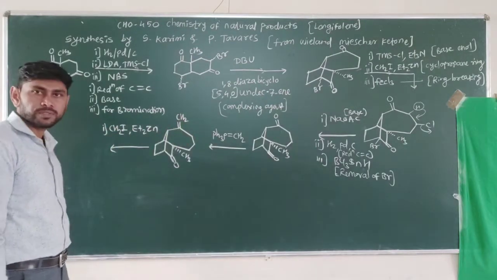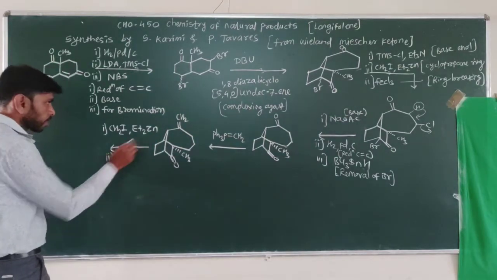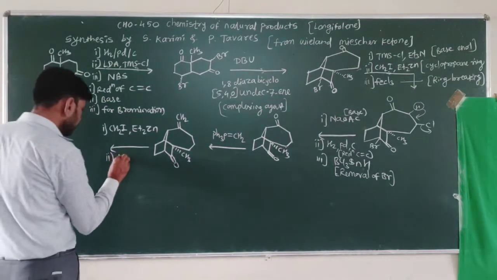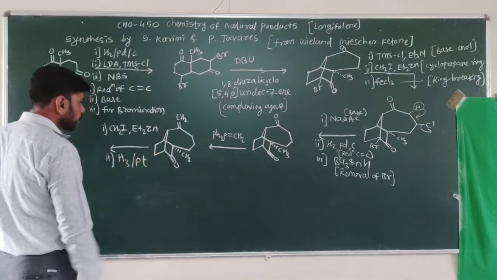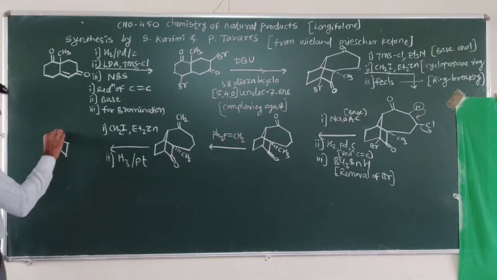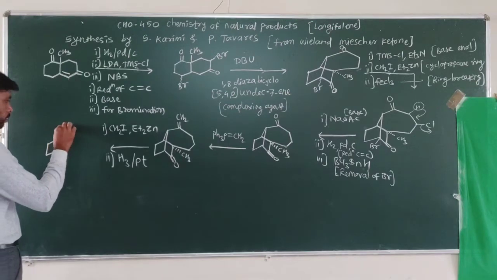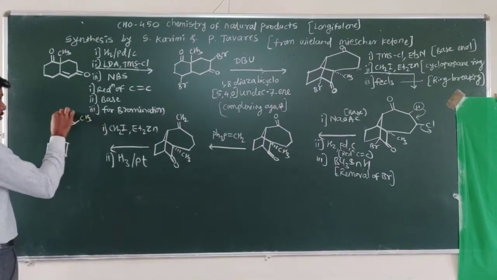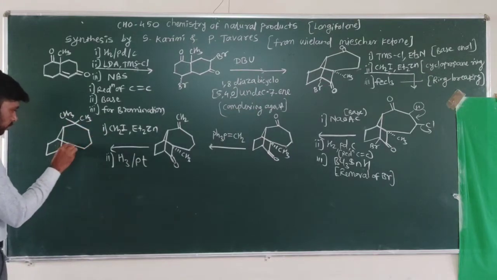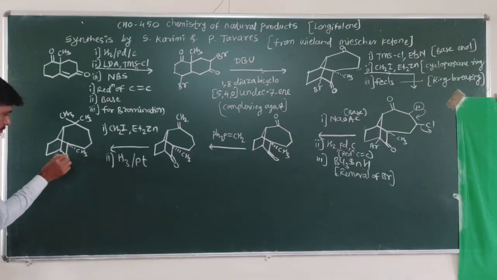This carbene interacts with the carbon-carbon double bond, and it forms a cyclopropane ring. And that cyclopropane ring is broken by using the reagent H2/Pt. So that we obtain here CH3, CH3, with the double bond O. CH3CH3 is the reagent.